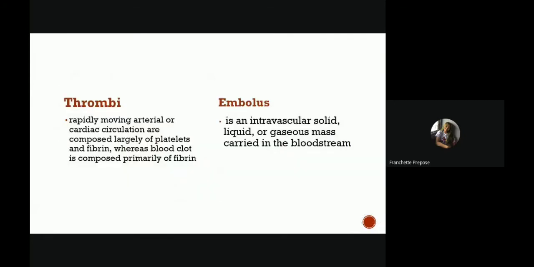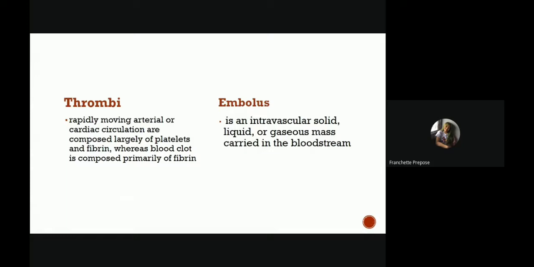Now, thrombi and embolus. Thrombi in rapidly moving arterial or cardiac circulation are composed largely of platelets and fibrin, whereas a blood clot is composed primarily of fibrin. Now, an embolus is an intravascular solid, liquid, or gas mass carried in the bloodstream. Most emboli are derived from thrombi. Take note,